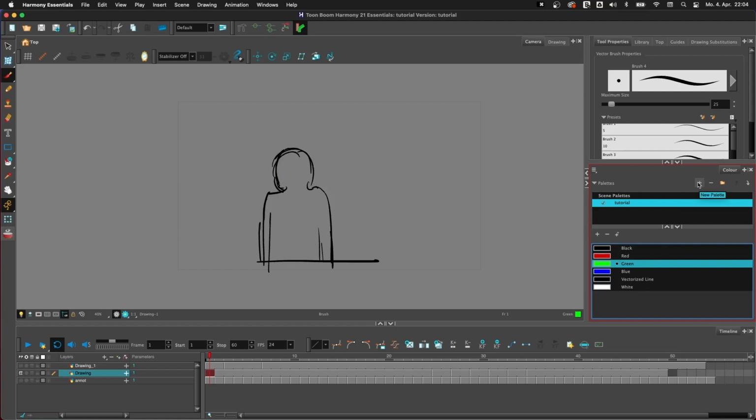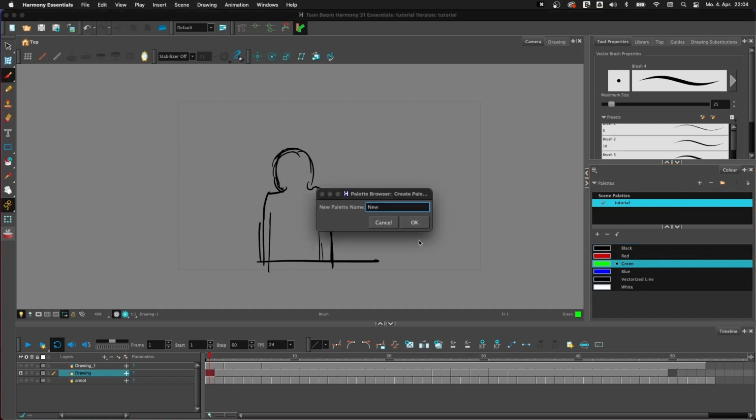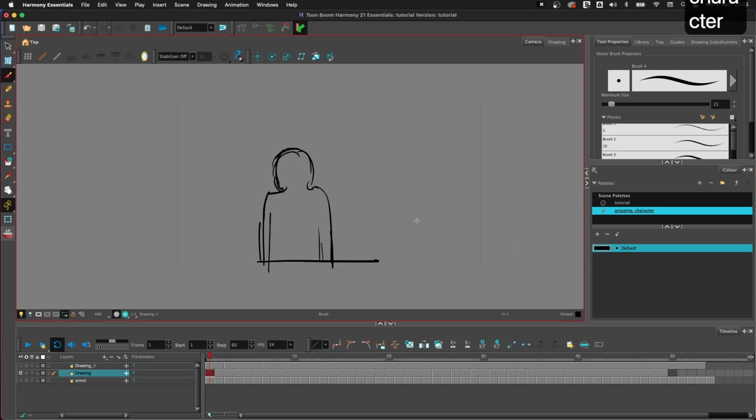Let's make a new palette by clicking on plus here, and let's call this palette Amazing Character. And you see we get down here a brand new set of colors. For now, it's actually only one. It's black. So if I double click on here, I could just say skin, for example. And it turns into a skin color. No, it's not that advanced, but